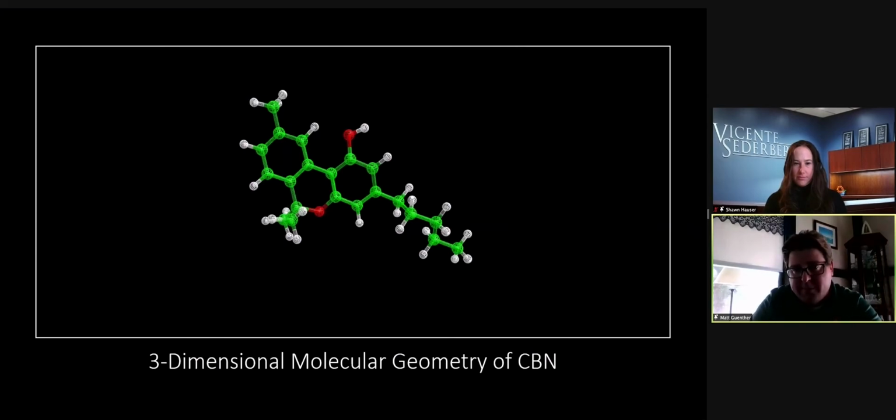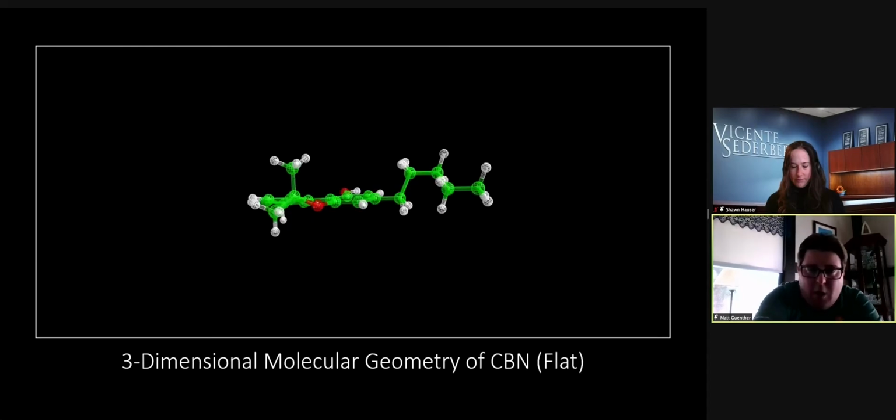Keep in mind that in the wireframes, the top left and bottom right ring structures are not really double bonds. They're like 1.5 bonds, but it's a hydrogen structure that keeps the compound stable. And this is where you can really see it. When you flip it, you can see all 3 of those rings are almost horizontal. Obviously you can see a little bit of contortion there just to the left of that front facing oxygen atom, but